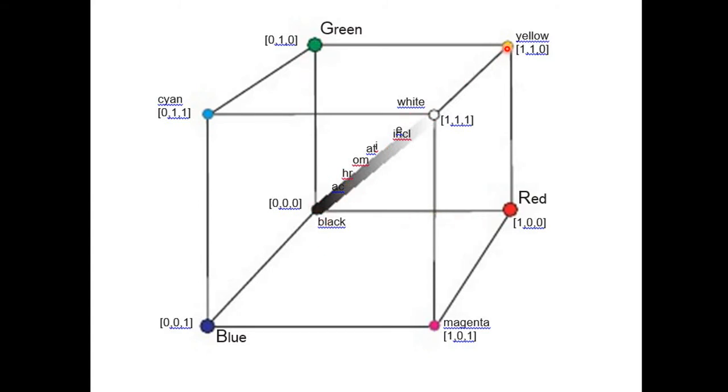So when you are moving from this point to this point, initially we were discussing that if we get a line from black to yellow, then it means we are moving in 2 dimensions. When we are moving from black to magenta, we are also moving in 2 dimensions, in this dimension and in this dimension. When we are moving to the cyan point, we are also moving in 2 directions, with respect to blue and with respect to green. Now when we have to move from the black point to this point, it means we are moving in 3 dimensions. We are covering equal distance of red, equal distance of blue, and equal distance of green.